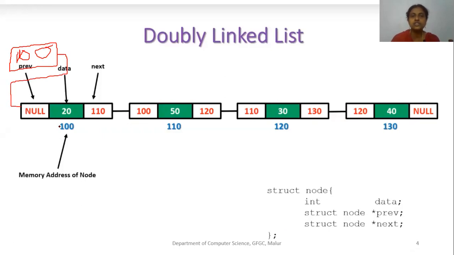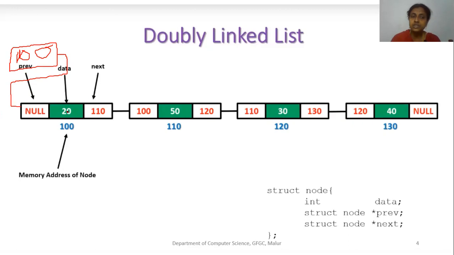When it comes to the first node, the left part, as we said, the node is going to be divided into three parts. In the first node alone, in the left part, there is no previous node; the previous node is the head position. In certain double linked lists, instead of null, we can give the head position also, 100, like that. Or you can make it null. Why? Because null means this is the first node, there is no previous node before this, so we are making it null.